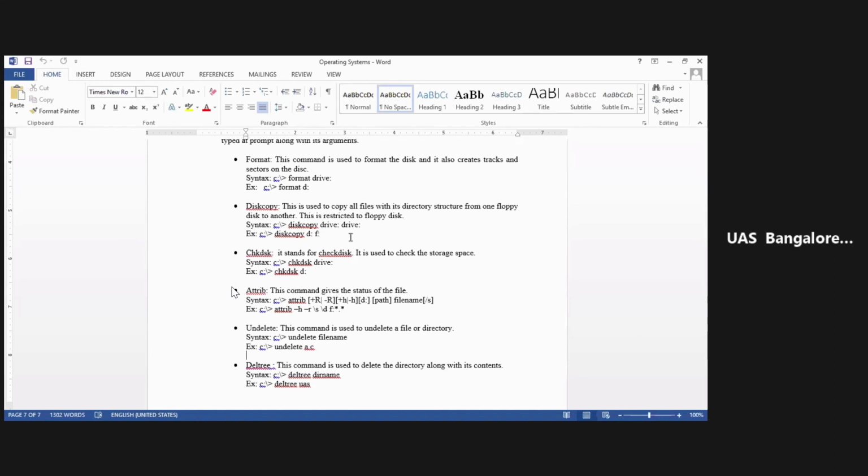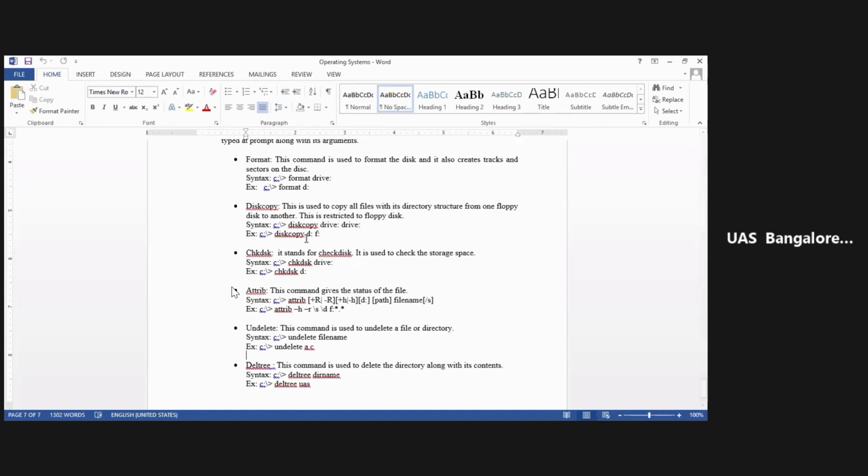It is outdated. So this particular command is used to copy the content of this floppy disk into another. Whenever you are copying, you obviously require two drives, right? That is the reason you are using disk copy, D drive, F drive. Whatever you have with this, see floppy, as whenever you insert this pen drive, you just get a drive.